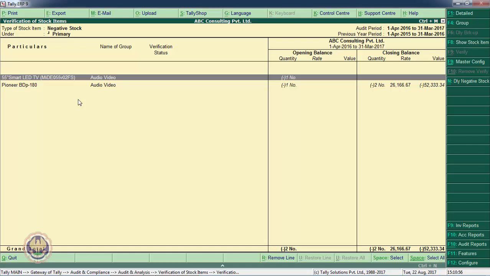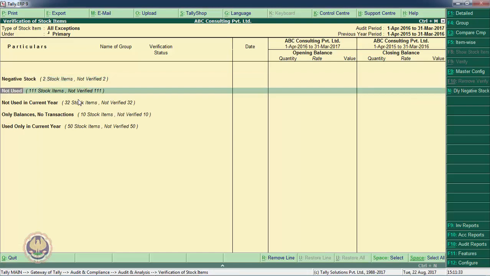As far as audit is concerned, it is a serious matter if there are any items showing negative stock, because theoretically negative stock is not possible at all. Practically we are seeing in Tally that there are some items showing negative balances. It is quite possible that the opening balance is either not entered or entered incorrectly. There may be some missing purchase transactions. Sales may be recorded twice. This is quite possible. So ultimately there is some mistake due to which we are getting a negative balance. So the auditor needs to concentrate on such items and find out the reason behind this particular negative balance.